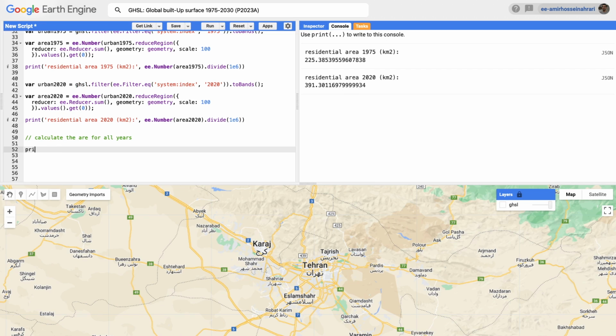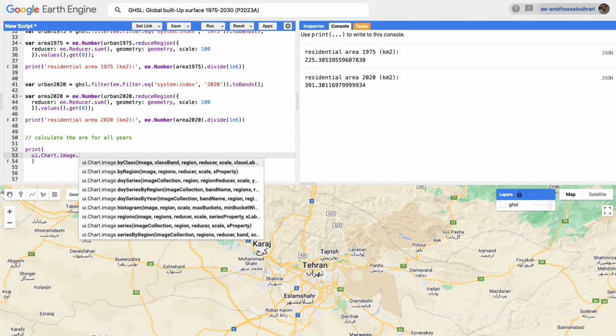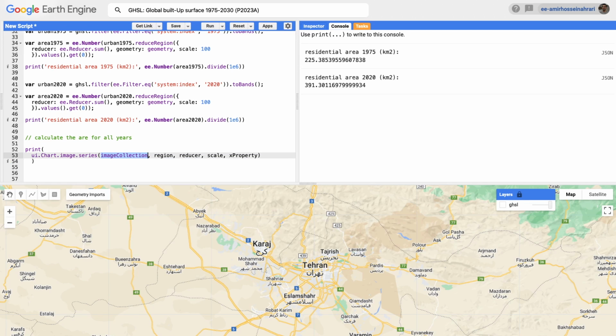So just like that, print ui.Chart.image.series. Instead of an image collection, you will have the GHSL product variable including all the years,